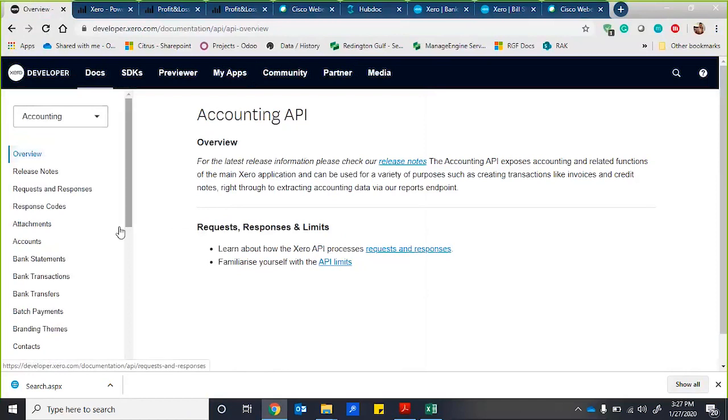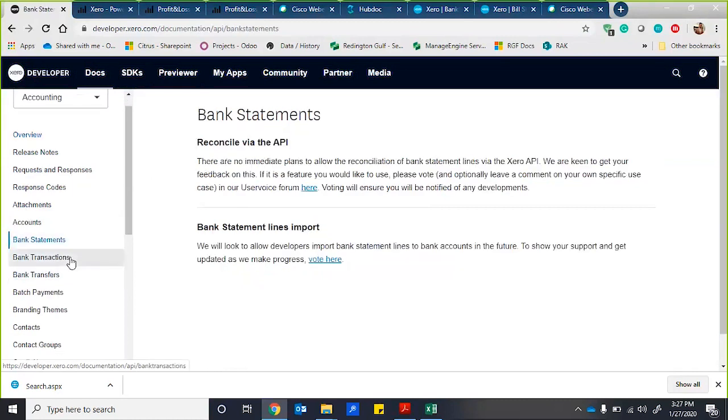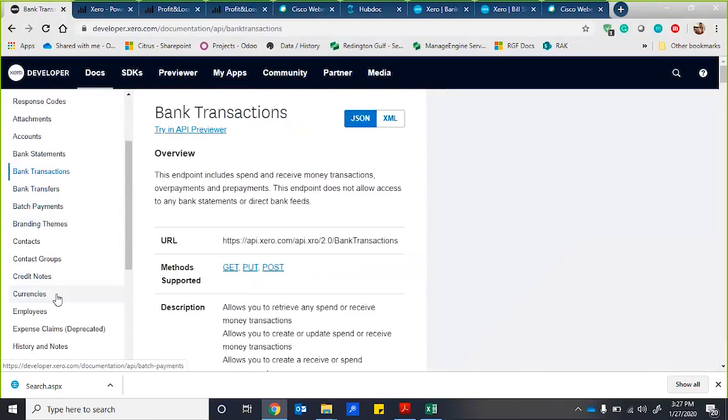As you see right now on the screen is the Xero developer community, and they have created different APIs for all the reports available in Xero, be it journals, ledgers, P&Ls, balance sheets, or any bank statement or bank transactions at a contact level or at an